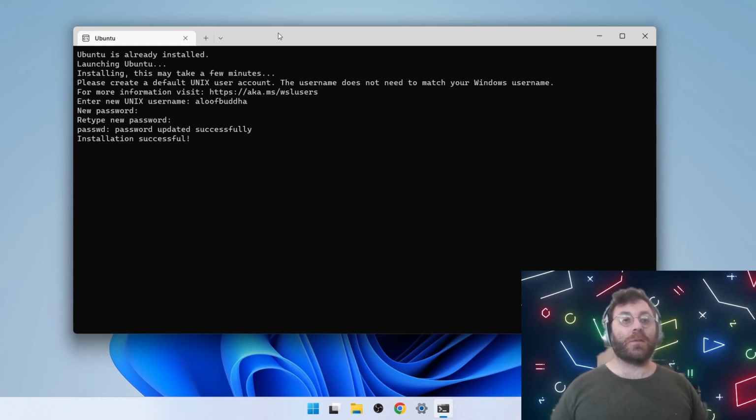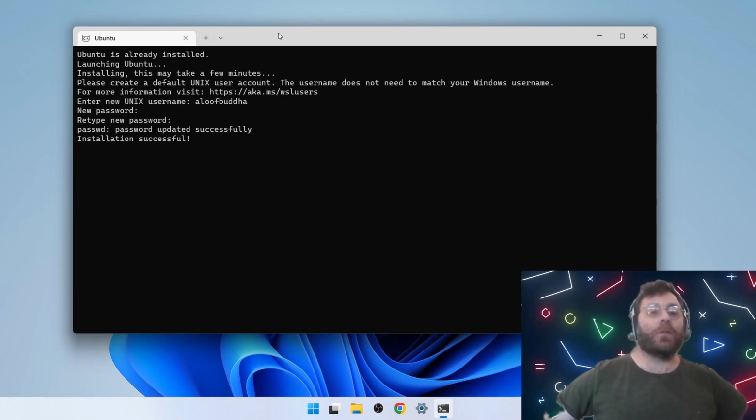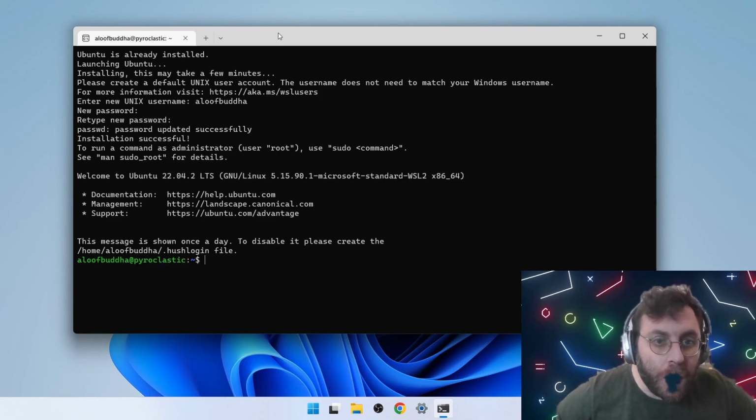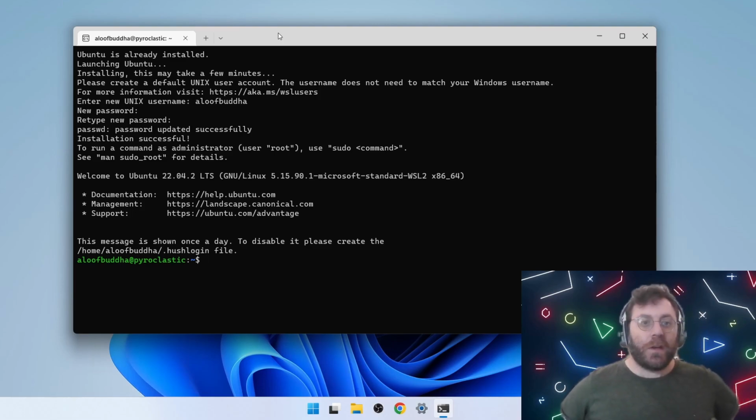And that's good. Yeah, so it says good password and it was installed successfully. And I think I'm going to wait another second. There we go. Yeah, so without looking into that too much,